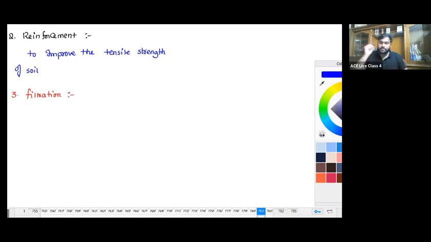Third one, filtration. Sir, what is meant by filtration? You see, if I provide a filter above and below the clay layer, will it allow the water to move easily? If I provide the filter, then definitely the water can dissipate easily, or not? It will increase the rate of consolidation, and it will reduce the time required for consolidation. Yes or no? So consolidation can happen faster. So the other function of the geosynthetic is filtration,